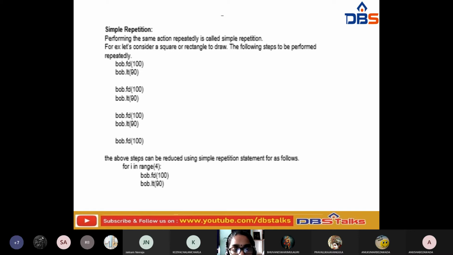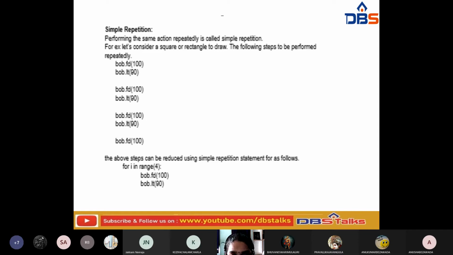Now in the above steps, we are repeating 4 times. Instead of repeating it 4 times, if you use the for loop, for i in range of 4, the range is 4, so the code is repeated 1, 2, 3, 4 times. Why 4 times?